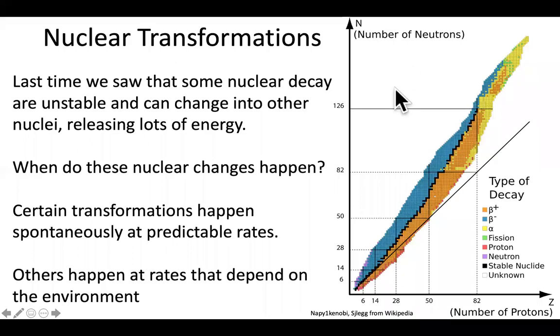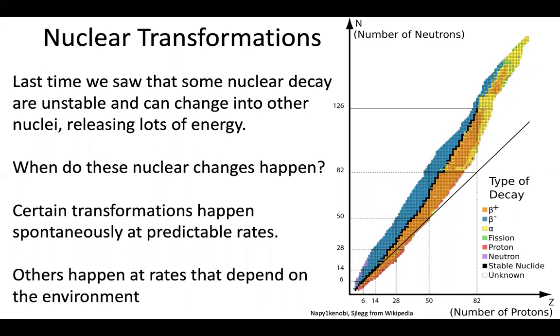Okay, so hi everybody. In this video, I want to talk a little bit more about the nuclear transformations we talked about last time. We talked about things like alpha decay and beta decay, and how these are ways where energy that is tied up in mass can be converted into other forms. And we saw the basic ways this can happen.